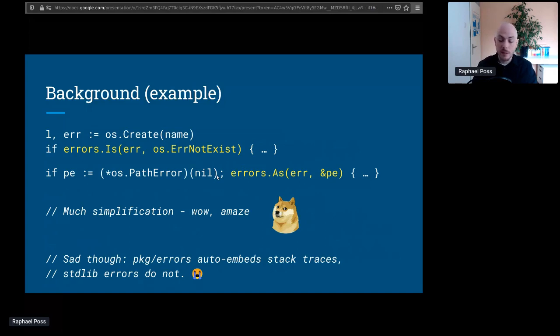What they did not retain, though, from the pkg/errors implementation and proposal was to also automatically embed stack traces in error objects. Stack traces are very good because when an error happens that is not expected, later on somewhere else in the system, we discover the error is not desired, and that is a moment where we want to know where it originated. And not having a stack trace inside the object is cumbersome. So that's a bit sad that it was not included.